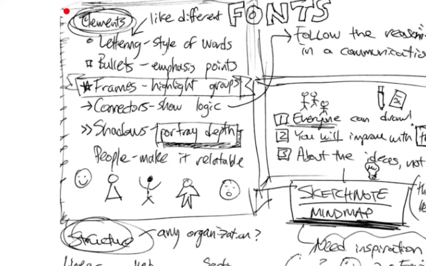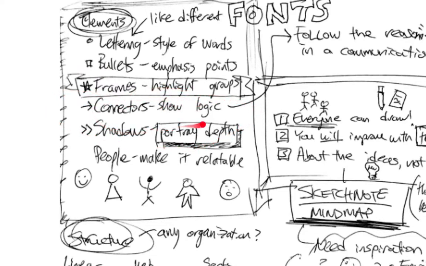So we have different elements here. You can have different fonts, lettering, the style of words, what sort of emotion. We could probably do a whole episode on typography and the different types of typefaces and fonts. Bullets are helpful. Bullets just mean some sort of point, all right? Some people don't like to use the word bullets. You can use whatever thing you want, but that's what they're commonly referred to as, and they're emphasis points. You can have these little frames and sort of highlights groups of words.